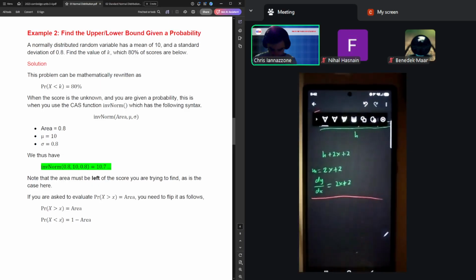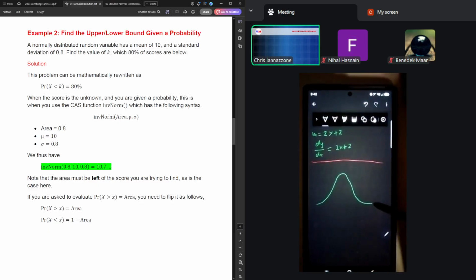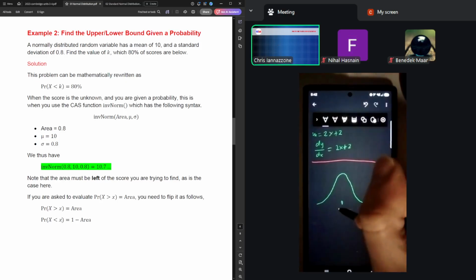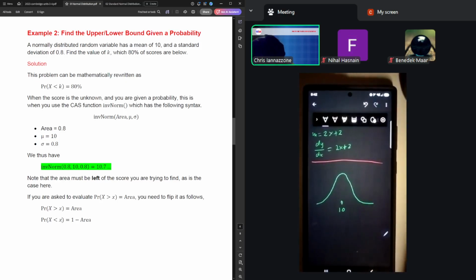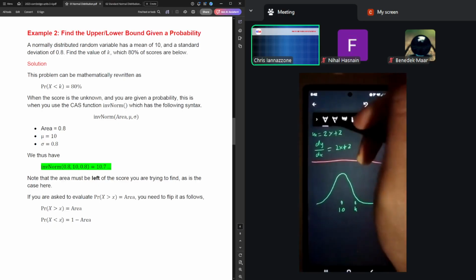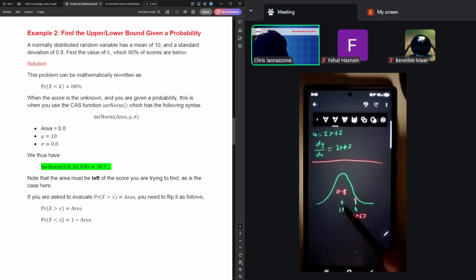So, what did we actually just find here? Here is our normal distribution, our bell curve. We were told that the mean was 10, which means the center of this bell curve is 10. We wanted to find the value of k such that 80% of the total area is left of that value, less than k. What we just found there was the k value. It was 10.67,